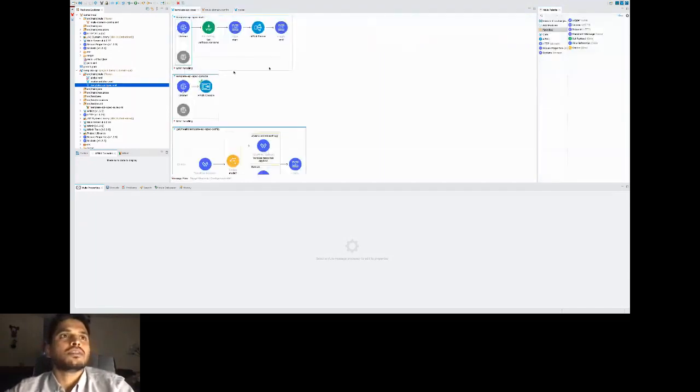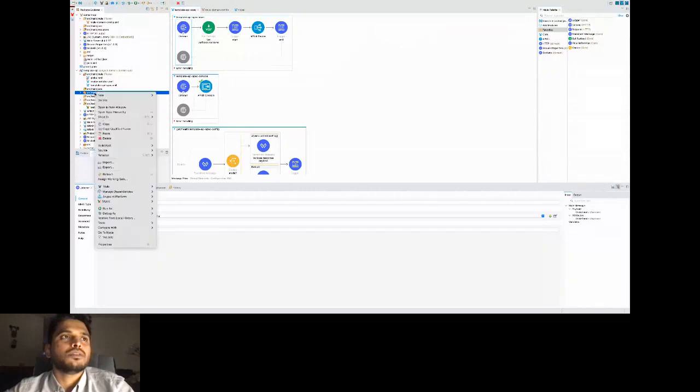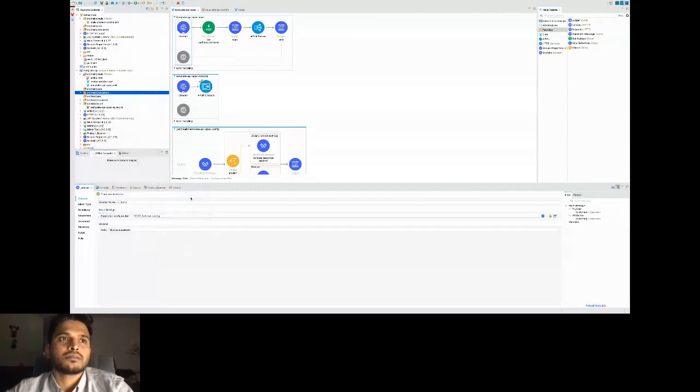And once you have this template API, now let's try to import the RAML which we developed earlier, right? So if you right click and go to the AnyPoint platform, there you will have download RAML from Design Center. So if you click that,